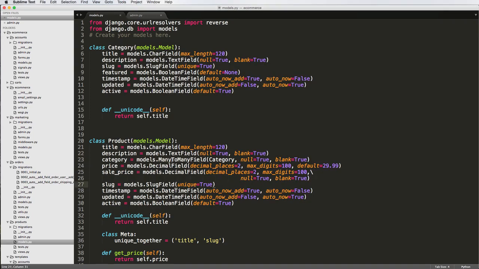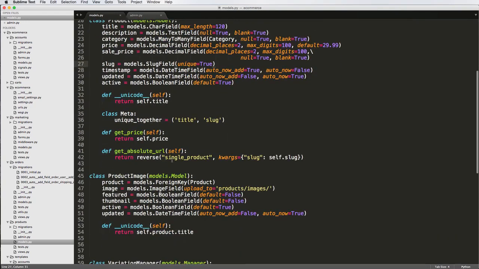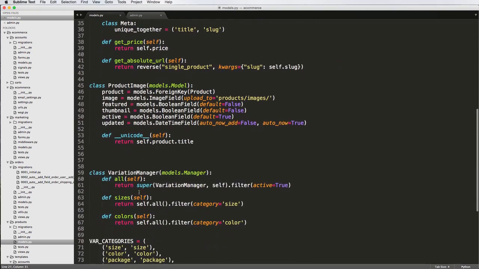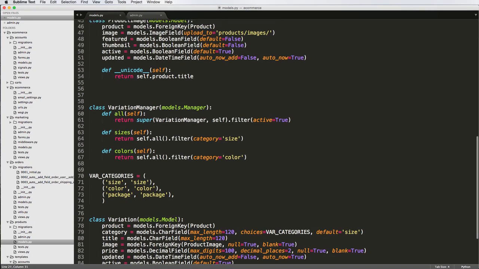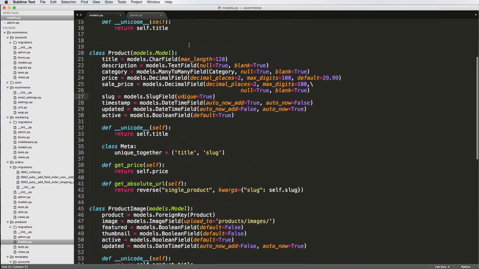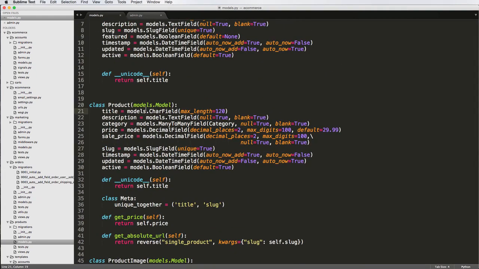Now, many-to-many fields don't always make sense, right? In some cases, like product variations, it's easier for us to use a foreign key relationship because then I can just add a bunch of variations to a specific product, instead of having a bunch of variations and then having the product being added, or those variations being added specifically to the product. Now, let's think of this another way. You can absolutely do